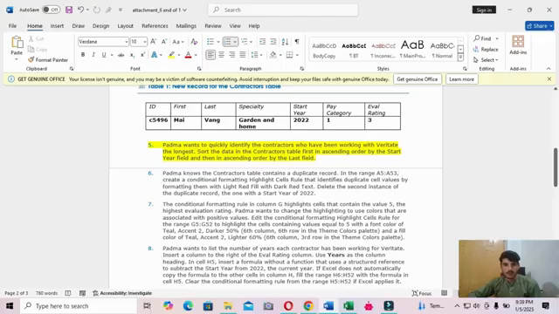Padma wants to quickly identify the contractors who have been working for Veritate the longest. Sort the data in the Contractor table first in ascending order by the Start Year field and then in ascending order by the Last field.